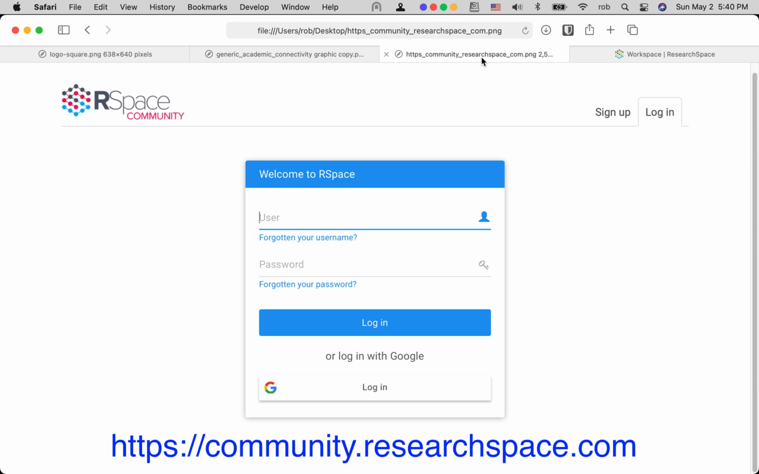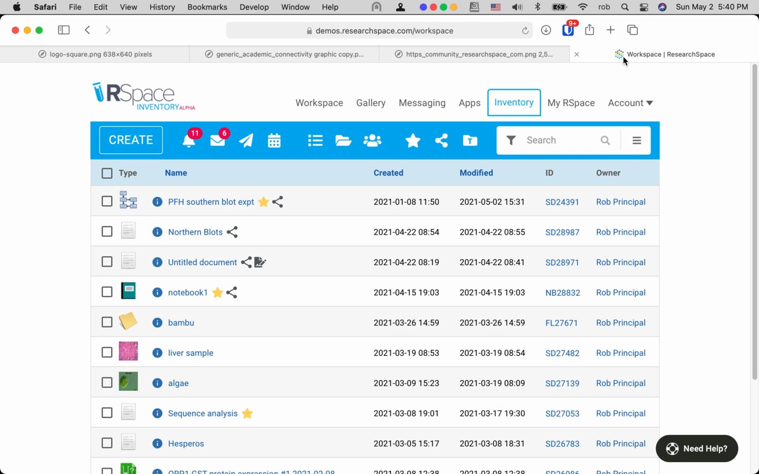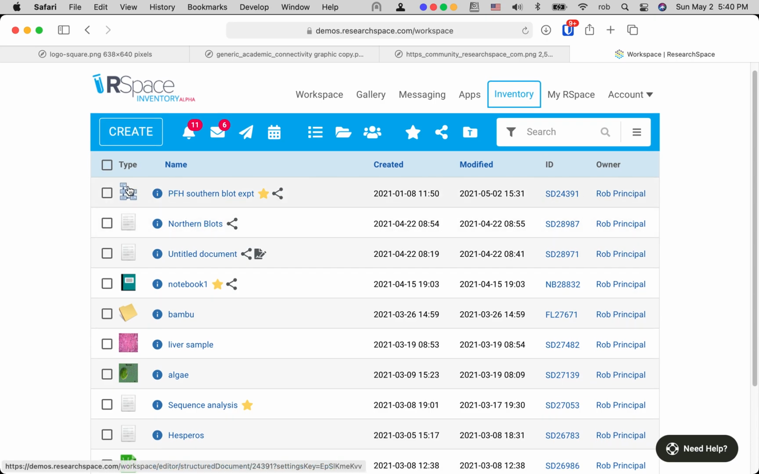The free RSpace community server allows you to try RSpace for yourself at any time. Today we'll be working with a demonstration server that I've already opened and logged into. When you first arrive at RSpace, you're brought to an area called the workspace. The workspace is analogous to the desktop of your computer. In the workspace, you'll see a combination of RSpace documents, notebooks, and folders that can be used to organize your